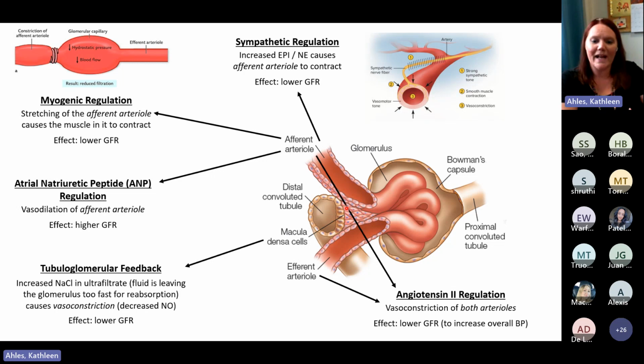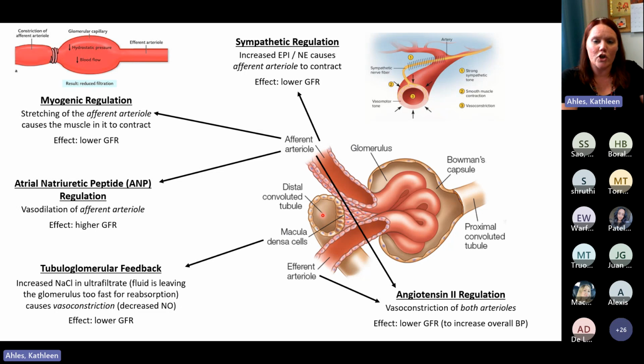They're kind of right next to or in between the distal convoluted tubule and my two blood vessels that I see here going into and out of the glomerulus. So if my macula densa cells are checking out what's going on in the distal convoluted tubule, and they're like, wait a minute, there's way too much salt here, what that tells them is that the urine is being made so fast that we can't reabsorb enough of that salt. So if we detect a bunch of salt in the distal convoluted tubule, what the tubuloglomerular feedback mechanism will